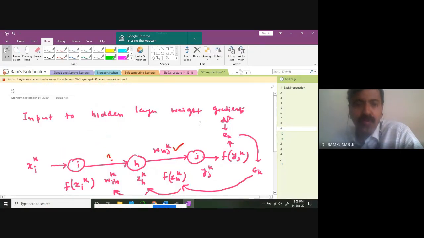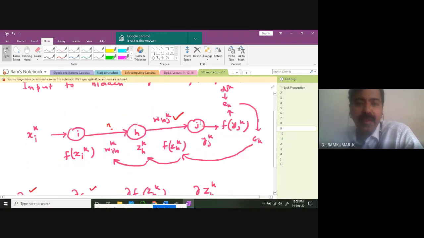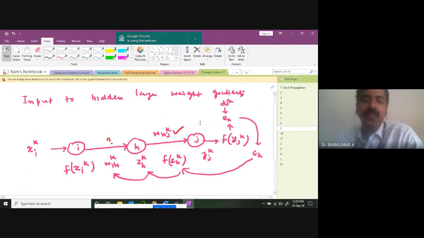Okay. So now we are going to move to the input to hidden layer weight gradient. For that, we are again going to take the error, and then the error is back propagated. This is called back propagation. It is back propagated to the weights between the input layer and output. How are these weights affecting my errors? How much sensitivity is there? For a given small change in this weight, how much is my error going to change? Likewise, for a given small change in this weight, how much is my error going to change? That we already computed.